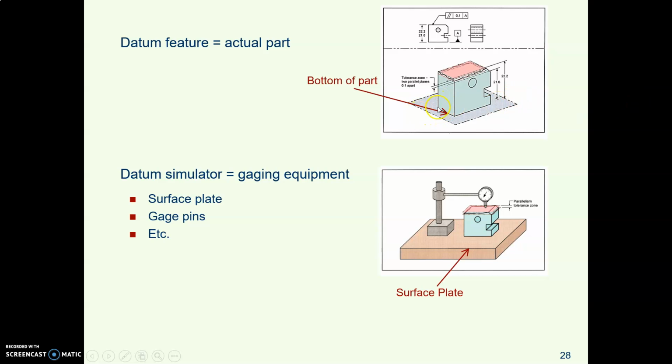On the actual part, the feature, the surface on the part, is called the datum feature. It's not perfect, but it stands in for the datum. Then the gauging equipment, or the inspection equipment, is called the datum simulator. It is not perfect because nothing is, but it's very, very precise. It's got very close tolerances, which we'll look at in a couple of days. We'll look at gauge makers' tolerances. They're very precise, so we can use this gauging equipment to simulate the theoretically exact datum from which measurement